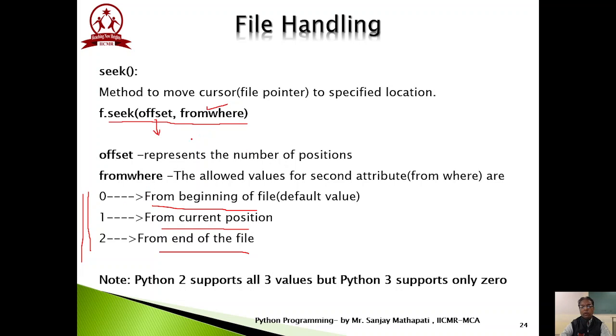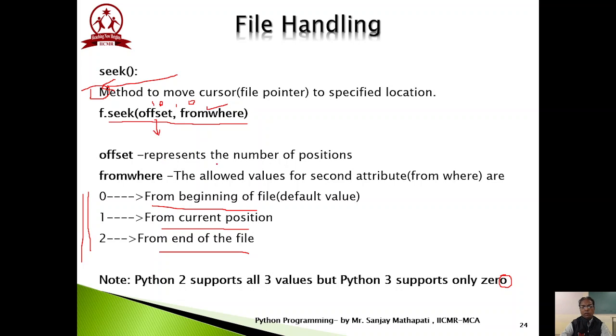So whenever I would like to move, see, this is the first character of my file and this is the last character of my file. Currently the file pointer is positioned at this particular character. Whenever I open the file, it is always pointing to the first letter. Now if I say seek with offset 10 bytes, comma 0, what happens in this case? The file pointer gets shifted by 10 bytes or 10 positions.